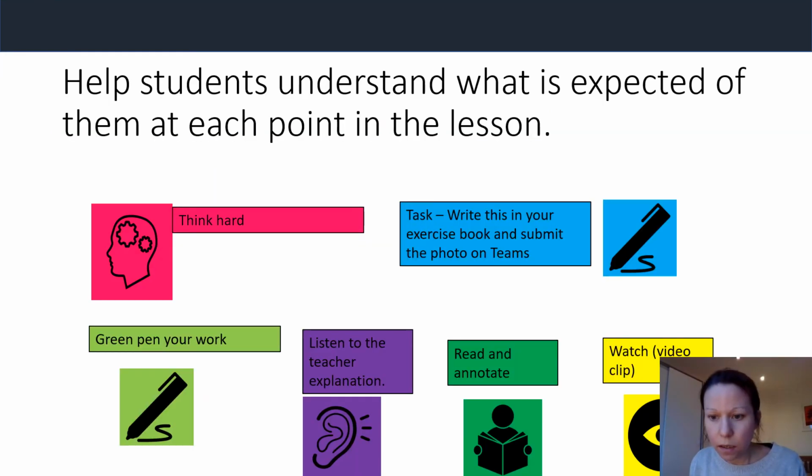This is another hint I've just picked up online, which I think can really help our students to understand what's expected of them at each point in the lesson. And it is just that very simple idea of using a little icon. So these are ones that I've come up with, and I've kind of used colour as well. And just throughout the different points, whether it's a pre-recorded lesson where you're sharing a PowerPoint, or whether it's a live one, it's just to have those little icons to indicate to the student what they should be doing, because